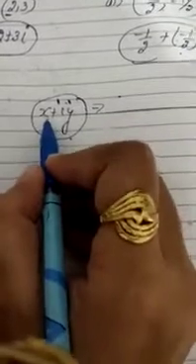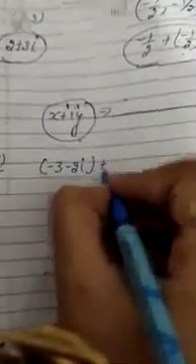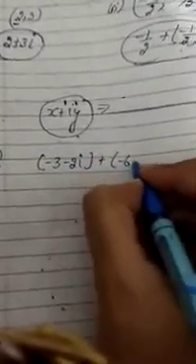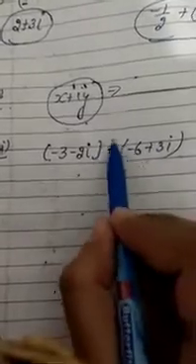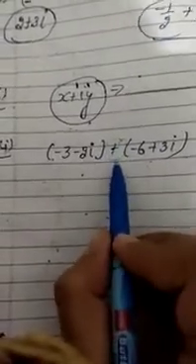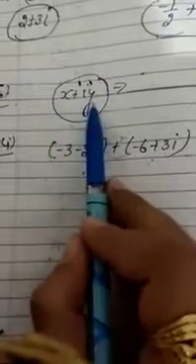So whatever operation they are given, we have to perform it, and afterward we have to represent the number in the form of x plus iota y. So the first part they are given is minus 3 minus 2 iota plus minus 6 plus 3 iota. We have to first of all perform the operation. Here the operation given is addition, and after addition we have to represent this in the form of x plus iota